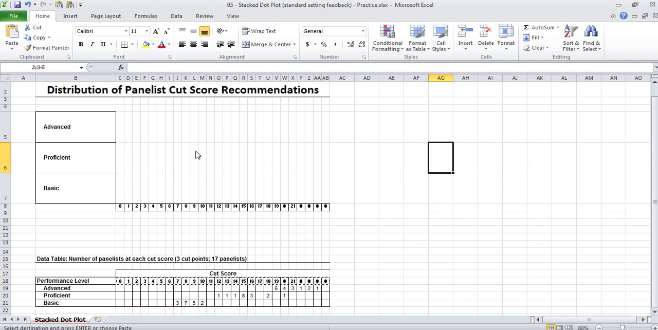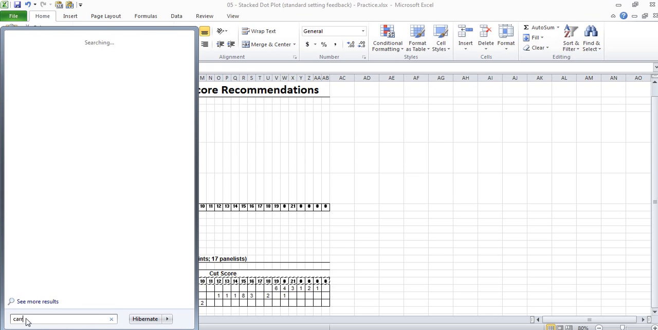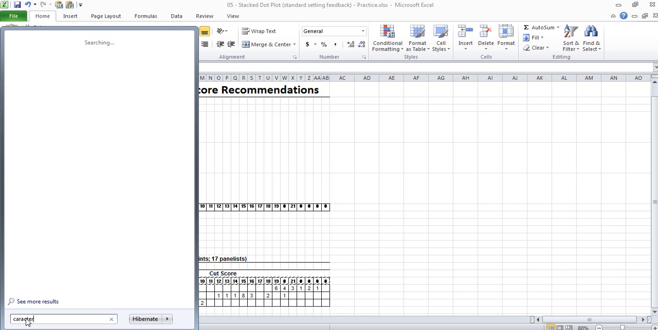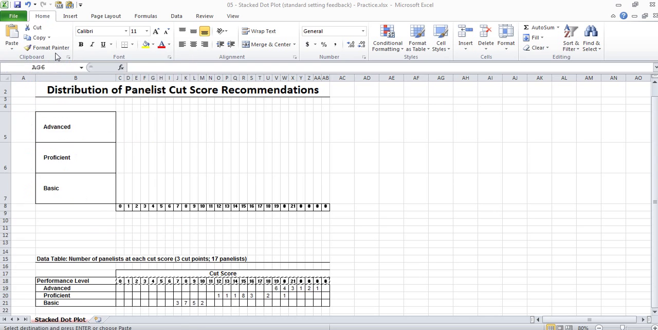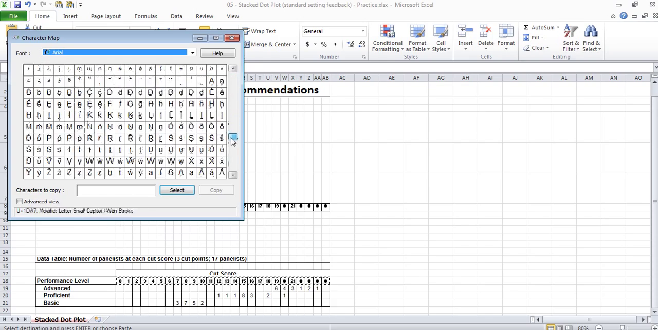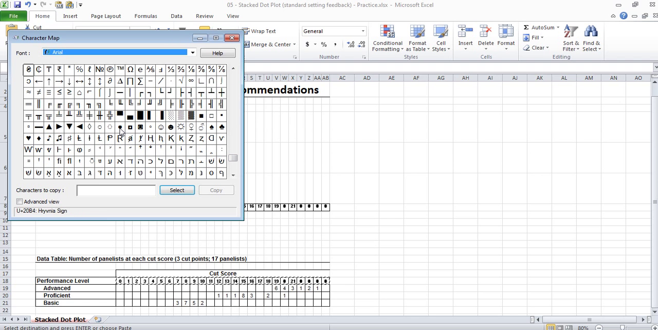Okay. One more thing I'm going to need to do is open up the character map and scroll down and identify a symbol that I can use in my dot plot. I like to use dots in my dot plots. I'll double click on that